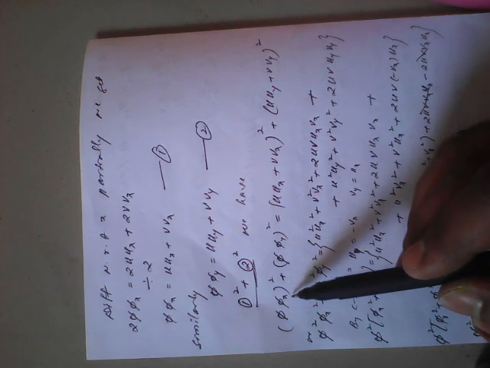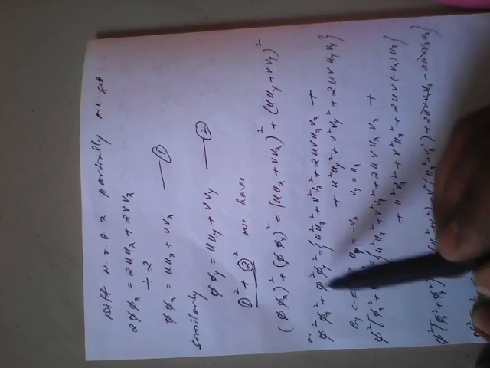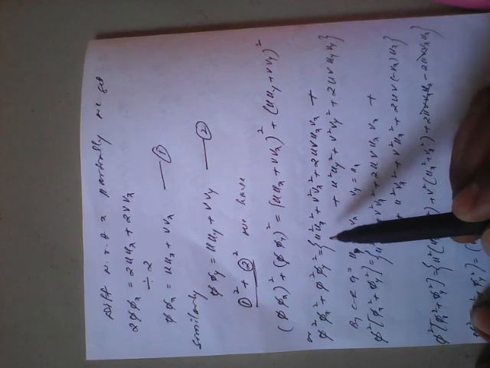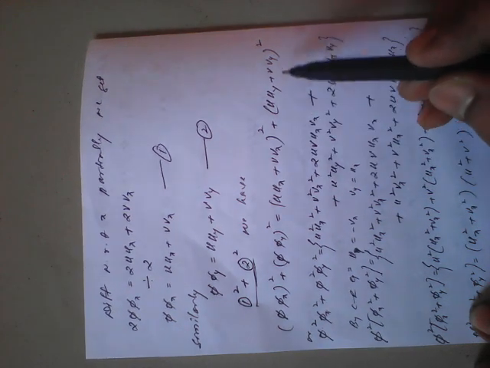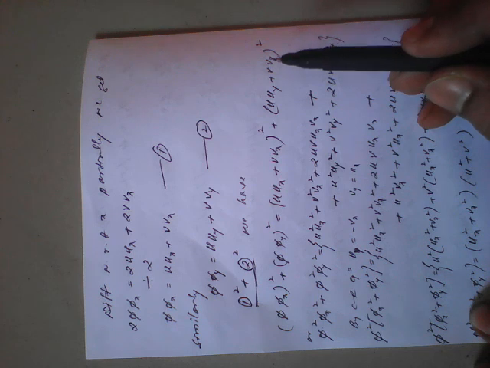So on simplification, you open it, this will become phi square phi x whole square plus phi square phi y square is equal to, so here you need to apply the a plus b whole square formula. Here also you need to apply the a plus b whole square formula. So simplification will get this completely. Fine. Next you just see here,